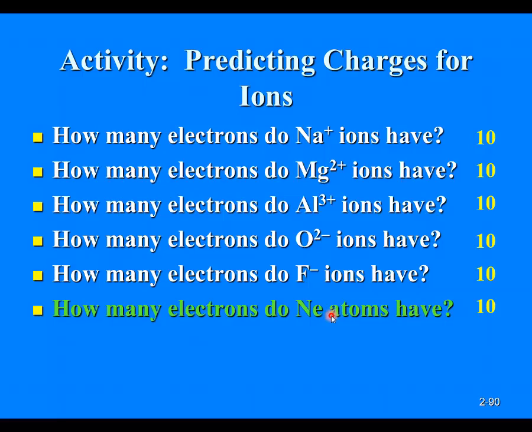That's because neon, when it's a neutral atom, has 10 electrons. Neon is fairly inert. It doesn't like to lose or gain electrons readily. So it's very stable with the 10 it already had. So we can see that cations like to form charges that will give them the same number of electrons as